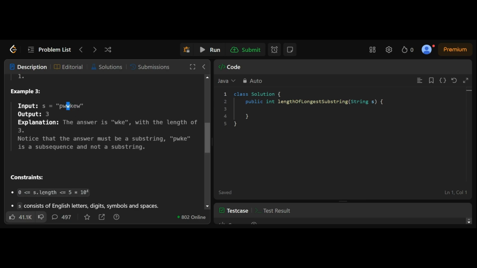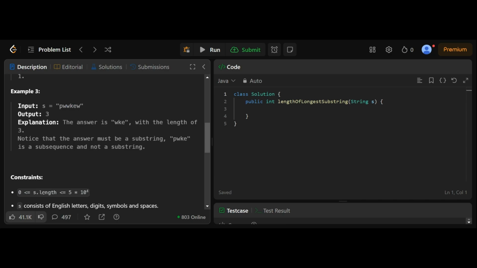And we can't consider WKEW because W is repeating twice. And KEW, this can be considered with the length 3. So the maximum length is 3. The answer is WKE with a length of 3, or this can also be considered as KEW. But the first occurring substring is WKE.